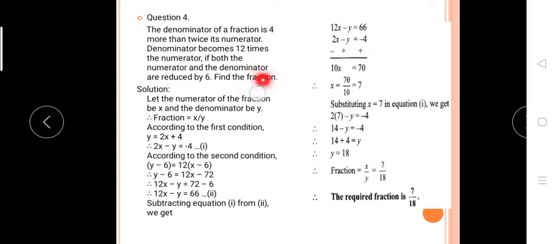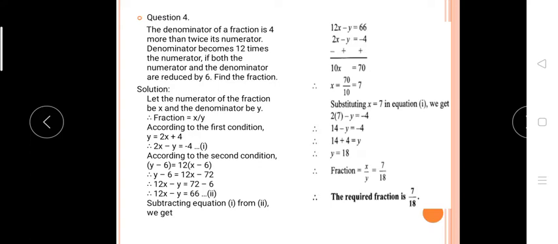Fraction means something having a numerator as well as a denominator. These two values you have to find out. So whichever value you have to find out, consider it using a variable. Let us see how it is calculated. Let the numerator of the fraction be x and the denominator be y. Now see, the numerator is x, the denominator is y, so your fraction becomes x upon y. Now you have to find out x upon y. This is our first step. Whatever you have to find out, first consider it as a variable. This is your first step.